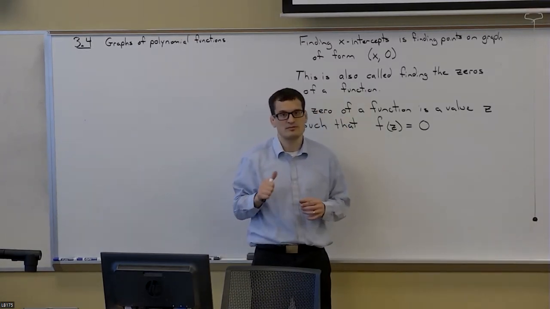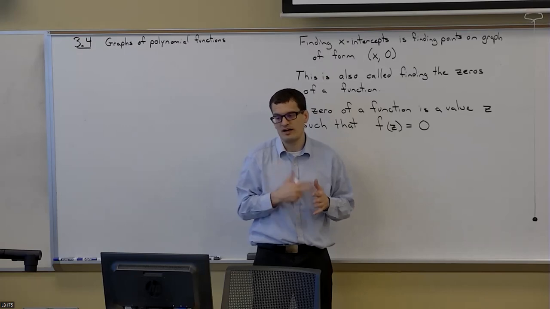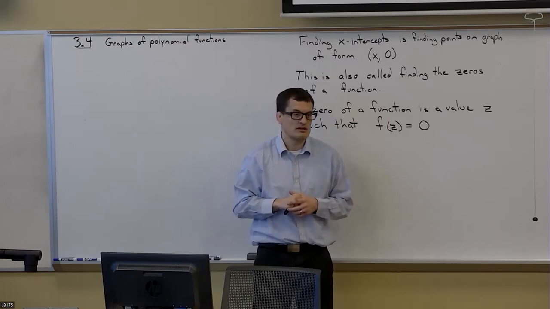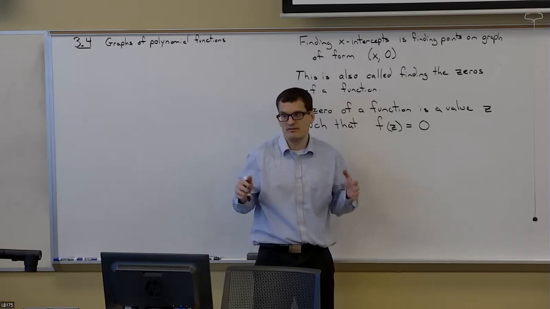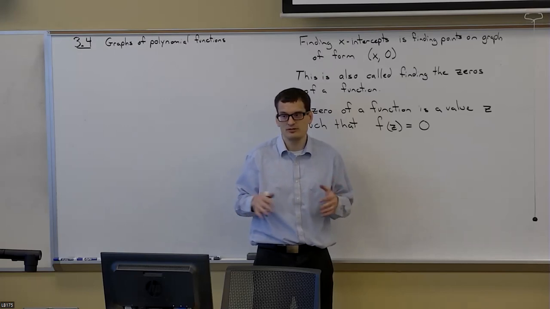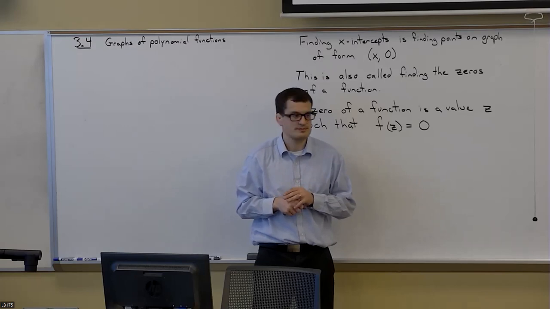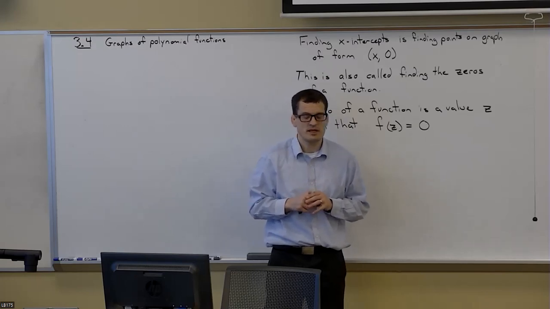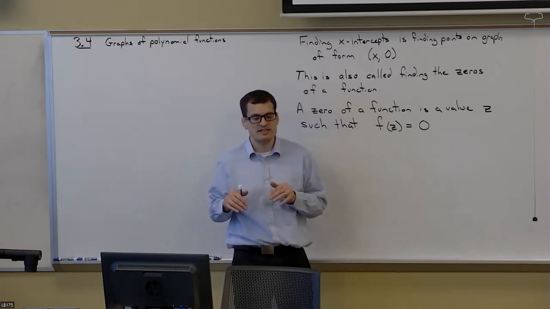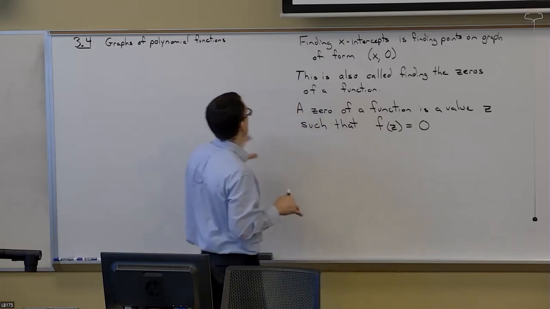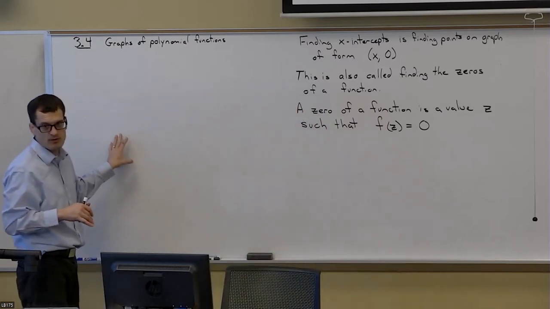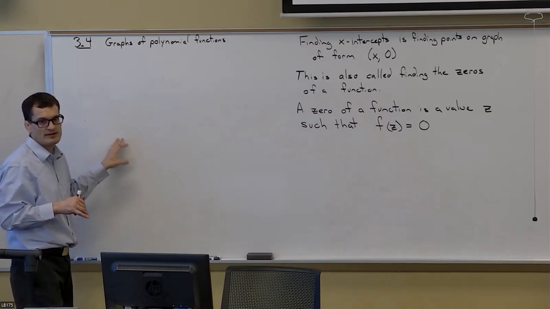Okay, so the rest of 3.4, the rest of 3.5, the rest of 3.6 are essentially all about finding zeros of polynomial functions, which is the same as finding the x-intercepts. So there's a couple of different techniques. The one that we're going to see in 3.4 in this section